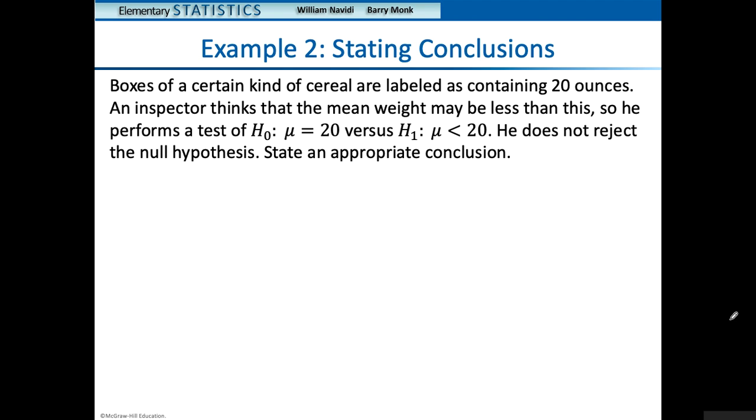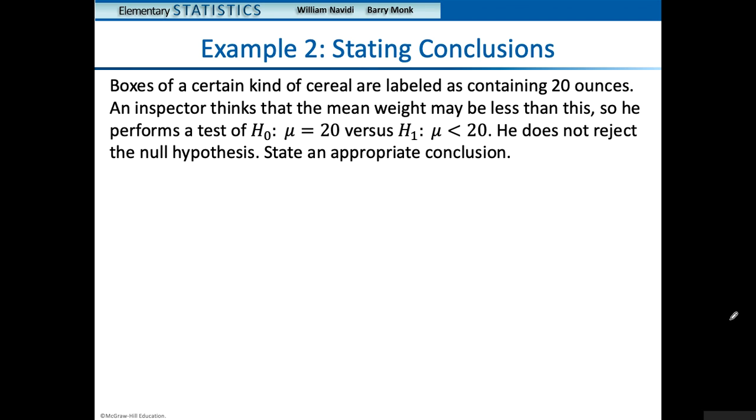We'll switch things up a bit here. Let's say that, again, boxes of a certain kind of cereal are labeled as containing 20 ounces, but the inspector thinks that the mean weight may be less than this. So he establishes his hypotheses, but now let's suppose that after performing the test, he does not reject the null